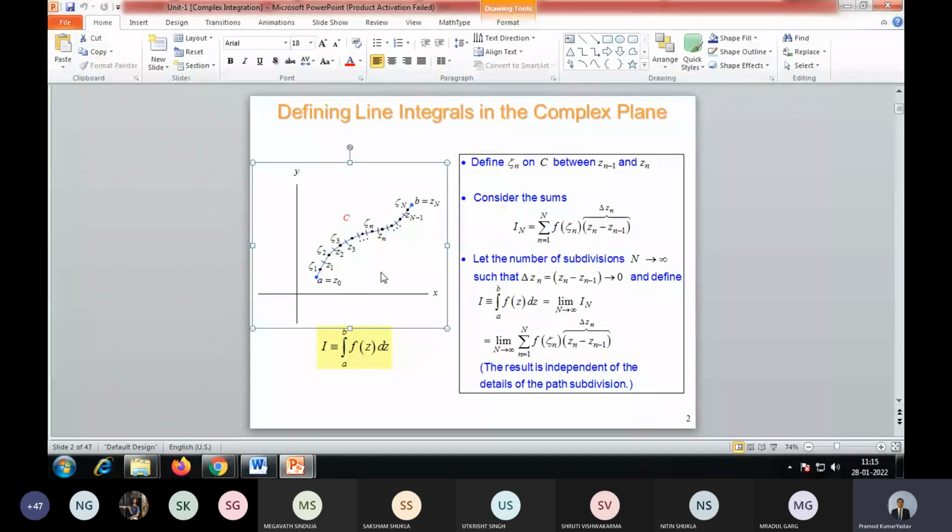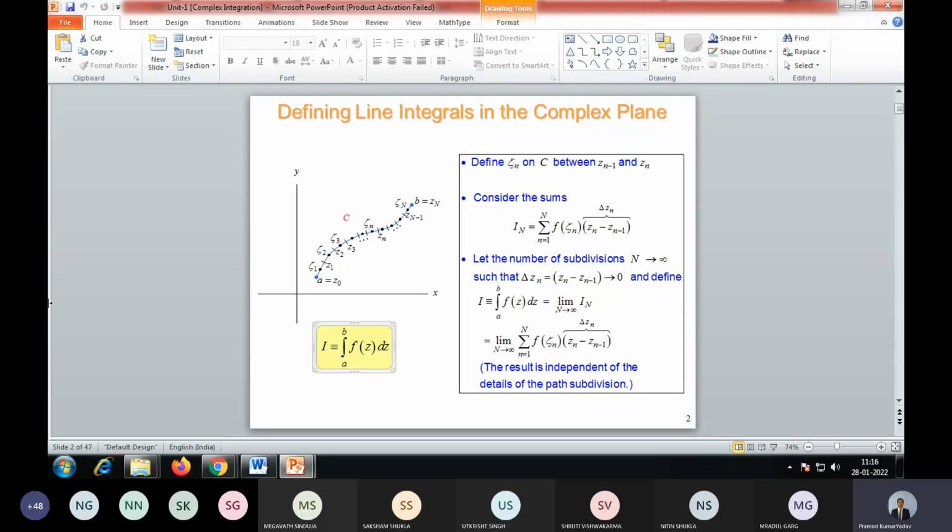We can add them, but there are a number of points of the interval which are left, and it is not possible for us to choose each and every point. So the summation is going to reduce, in terms of integration, to a continuous function. So we use an expression like this one: integration from a to b of f(z) dz. It is the same as in the case of a real variable. In real variables also, you divide the curve into a finite number of sub-intervals by Riemann integration, and then you write the integration like this: I equals integral from a to b of f(z).